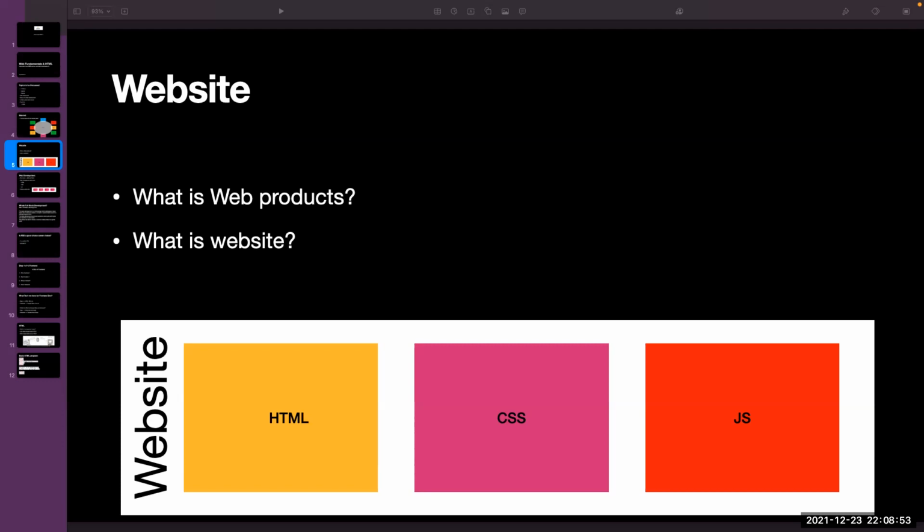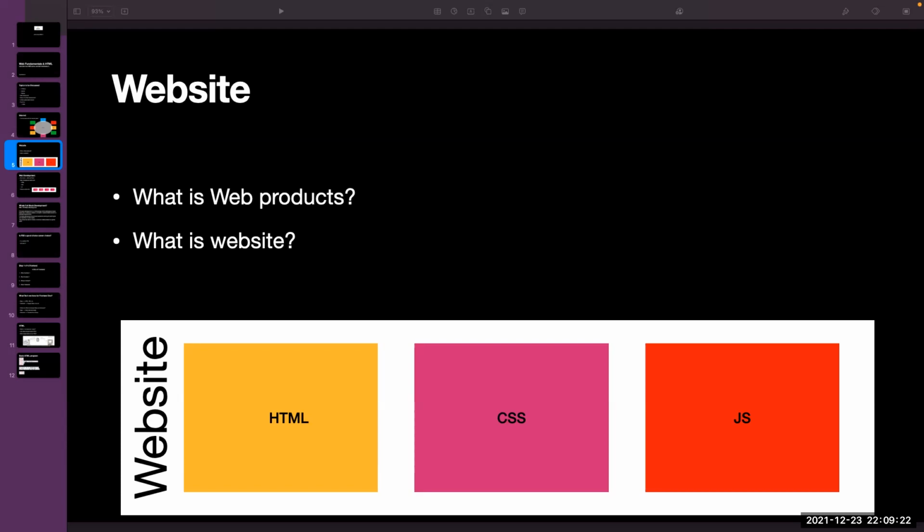JavaScript is the central nervous system of your body. It is a core part of the website, which does all the interactive stuff. In the website, you have a button to click, you scroll down, you click on something and open a new page. All these interactive things are handled by the JavaScript part. So all together is called a website.